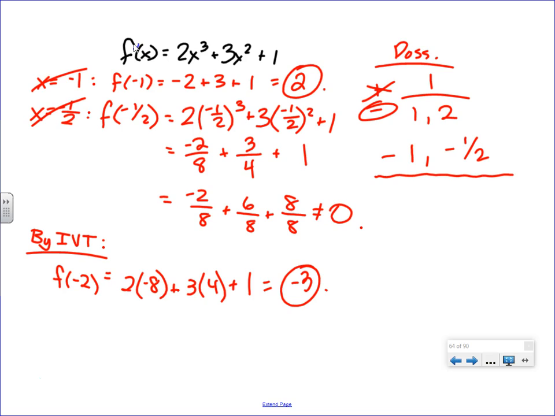I know where it is. How could I make it even better? I could plug in -1.5, and then I could narrow it down and narrow it down and narrow it down, and that could be just as good as my calculator. Anyway,